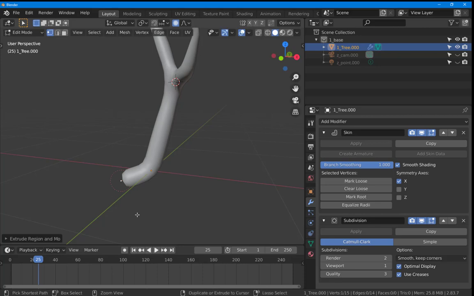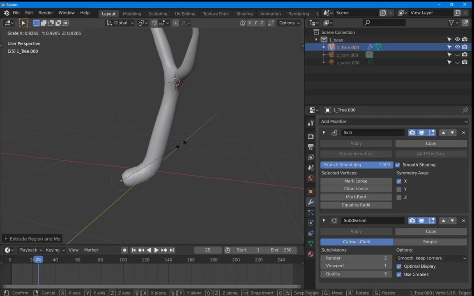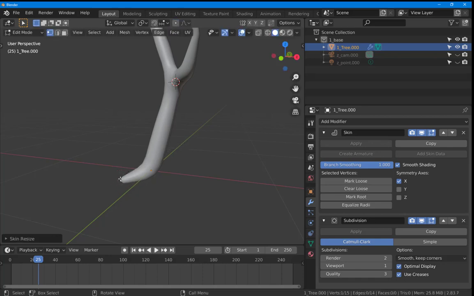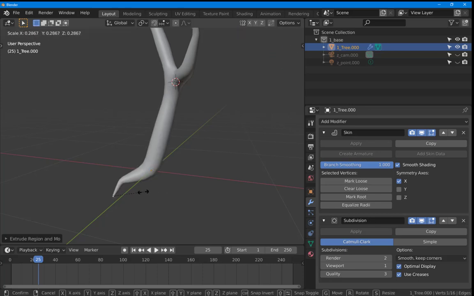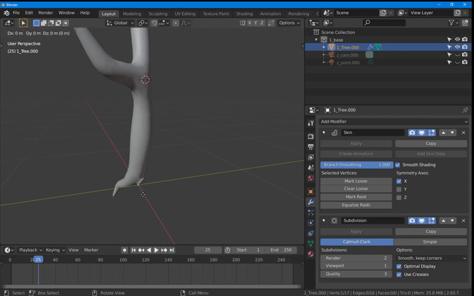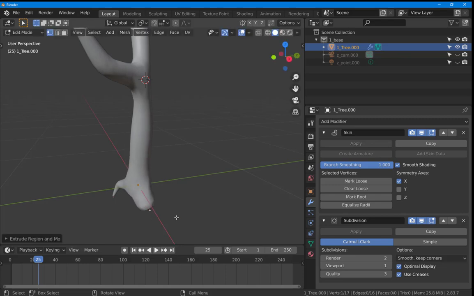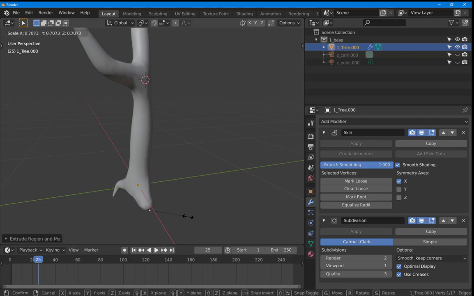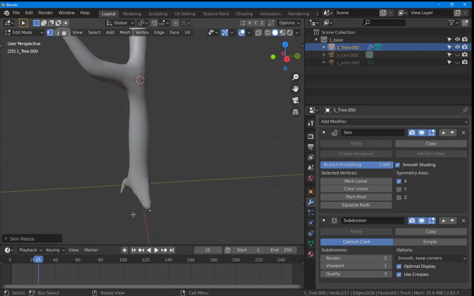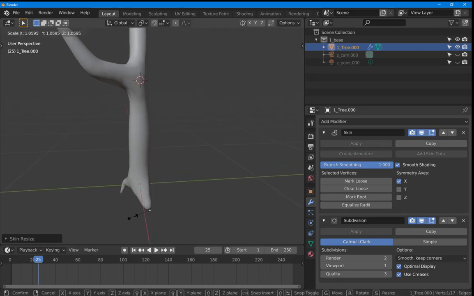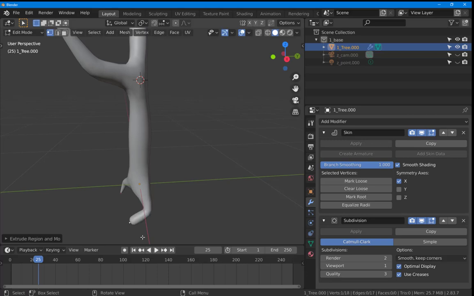And then Control A. Whoa, let's not have proportional editing enabled anymore. Control A, and E and Control A. Click on the base. E. You notice you get some weird stuff happening when you're just beginning to extrude the root, but don't worry about it. In most cases, the geometry will fix itself, and if it doesn't, then it's very easy to hit Control